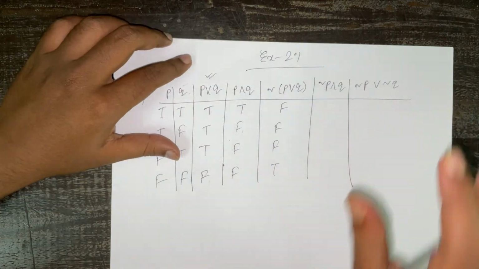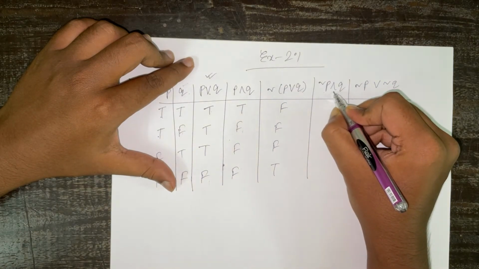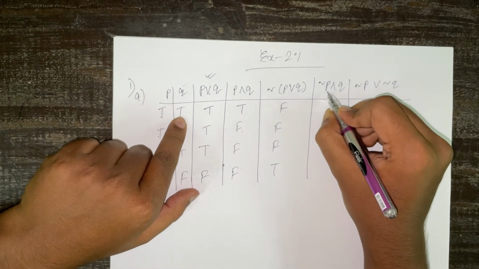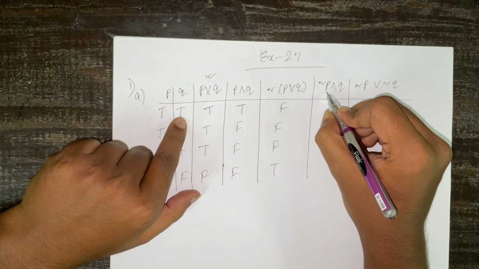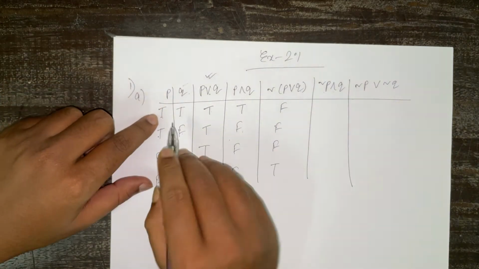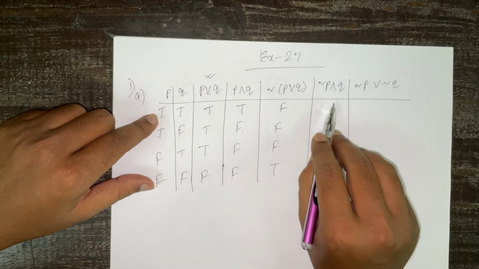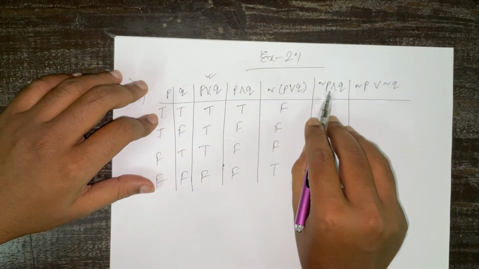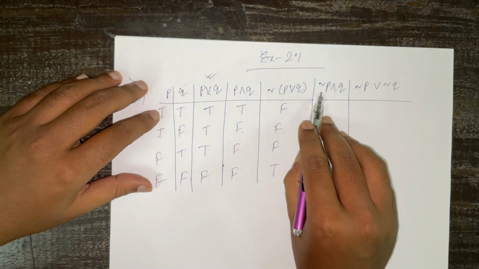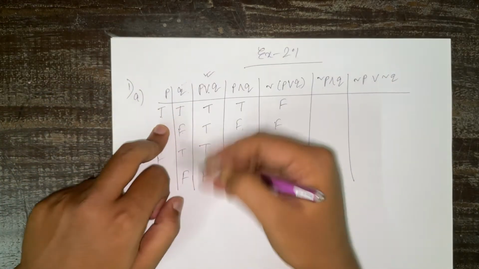Now we are going to go for negation of P conjunction Q. So we are going to take Q, but we need negation of P. Now we only have P, so negation of P means this will be false. And we need conjunction. Conjunction means only if both are true, then it is going to be true. So first, negation of P. If P is true, then negation of P is going to be false. So it is false, and conjunction with Q. Q will remain the same. Only this will change.